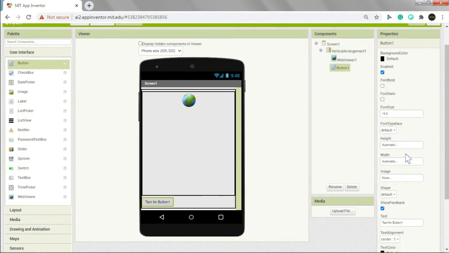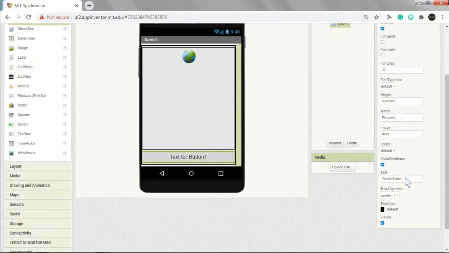Okay, and set the button's width to fill parent and text size to 25. 20 is okay. Okay, and text to "ask Givi." You can write any text, but I am writing this, ask Givi.